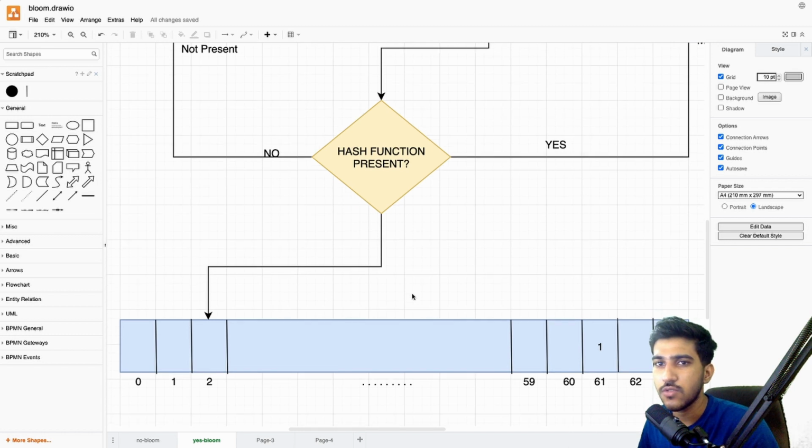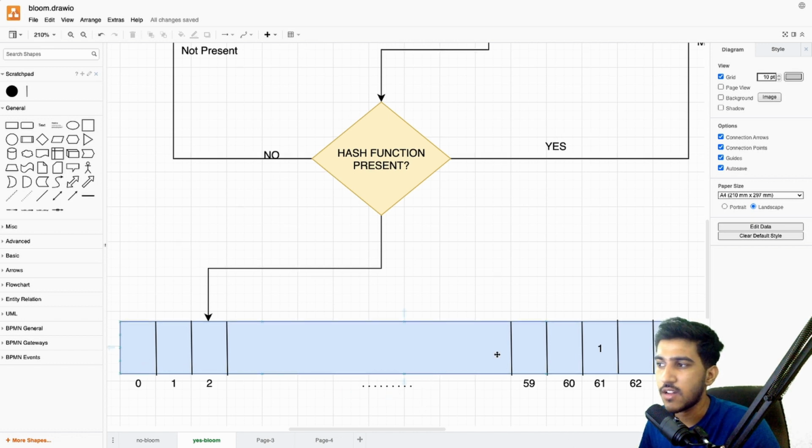So one thing we can do is increase the array size. In this case it is 64. Some people use 32, some people use 16. It depends on the use case, but as you increase the array size, the probability of collision decreases. In plain words, if the array size is high, then you can expect fewer collisions, and that's one way.